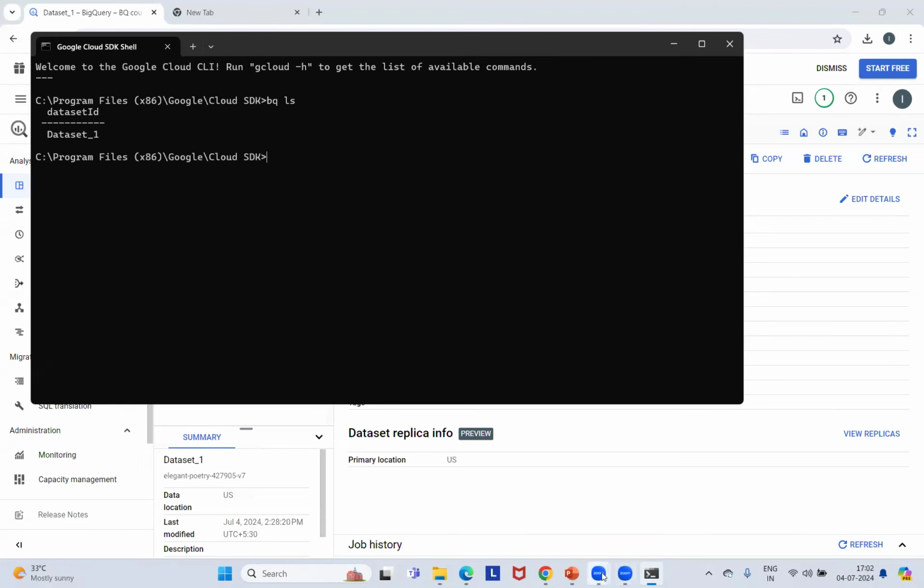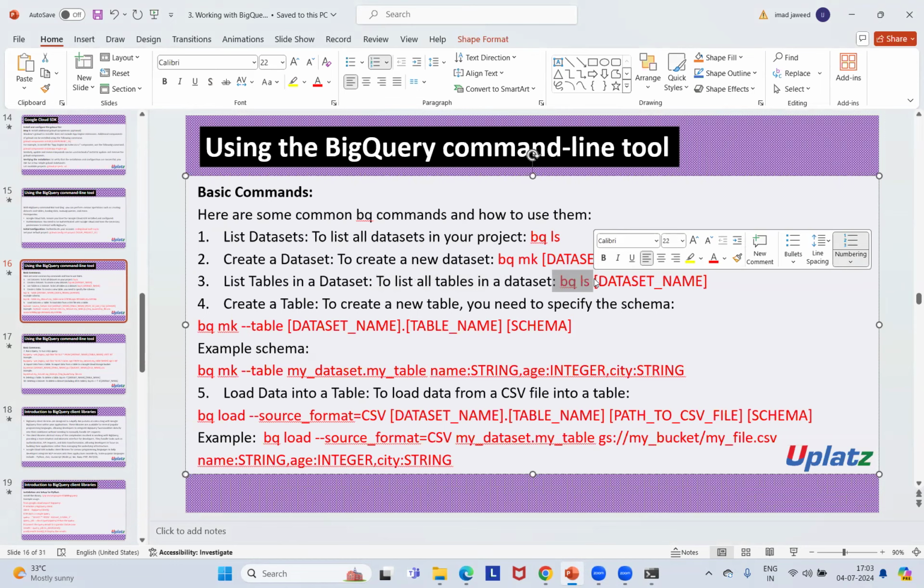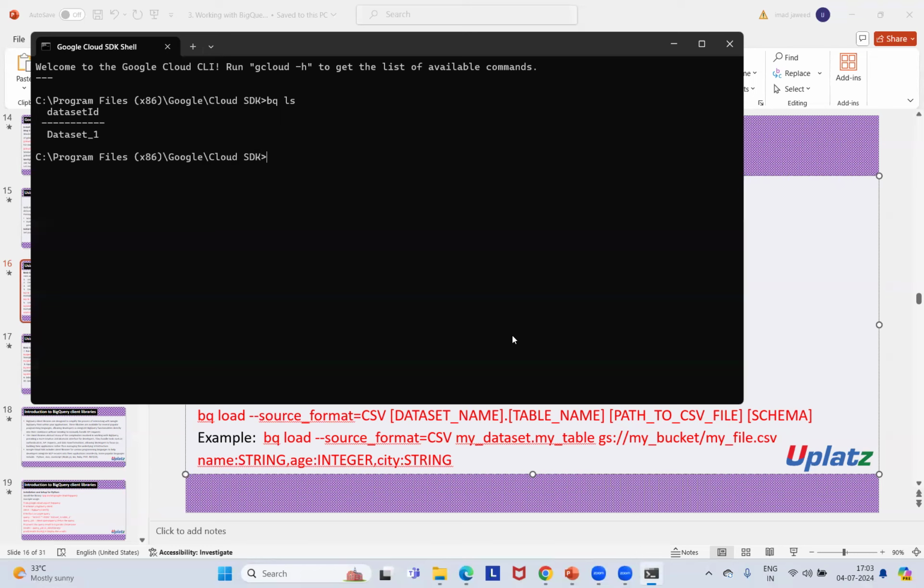Got it. Similarly, if you want to list the tables in a dataset, what do you write? BQ LS followed by the dataset name. So what I will do is write BQ, that is BigQuery, ls, and the dataset name. What is my dataset name? Dataset underscore one. Now, if I press the enter button,